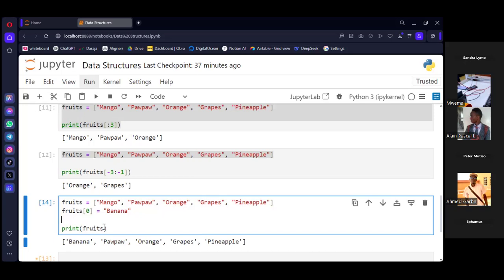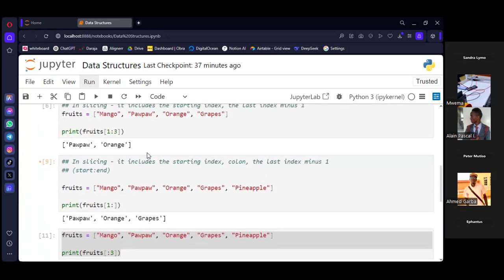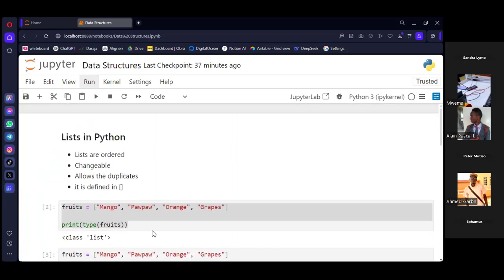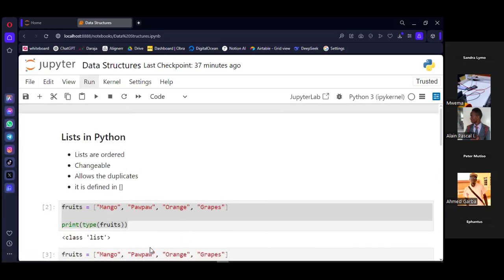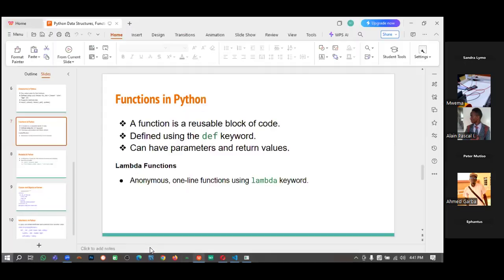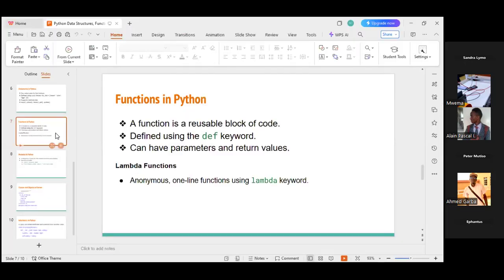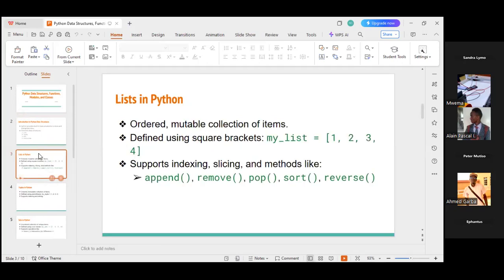In fact, you can also append or add into the existing list, like adding more items, or modify the existing parts. So this just demonstrates its ability of being changeable. Let me see if I have those attributes in the slides. But guys, if it's not included, make sure that you are writing your short notes.